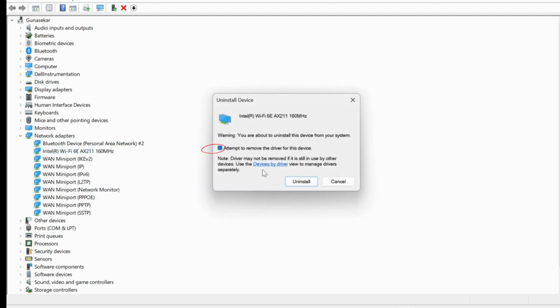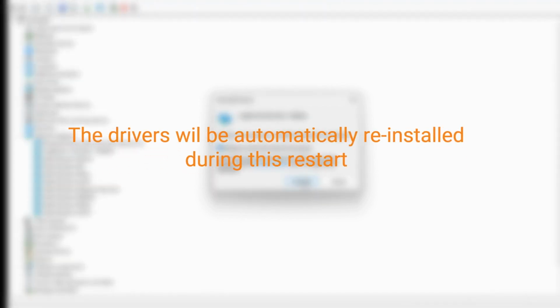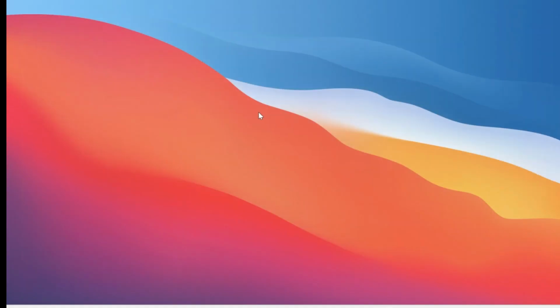Ensure you select this checkbox and select uninstall. Once the uninstallation is completed, do not worry about reinstalling the drivers. The drivers will be automatically reinstalled after restarting your computer. So after restarting your computer, check whether your Wi-Fi icon on the taskbar is back again or not. If the issue still persists,